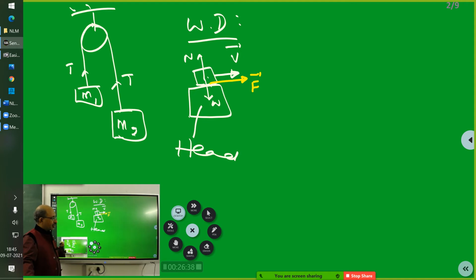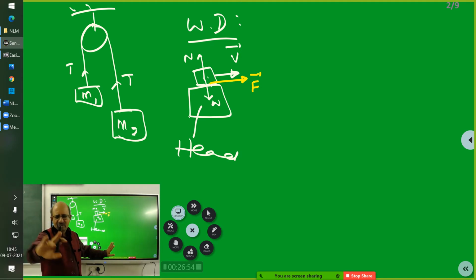Sir, first let us assume that friction did not exist. If there was no friction, when you moved your head, the body would have stayed in its same position because it possesses mass. Listen, yesterday you were absent. Yesterday I gave a big lecture on this. Don't say mass. The body possesses inertia. Mass is a measure of inertia. Correct? The body possesses inertia, and therefore it wants to remain there only.